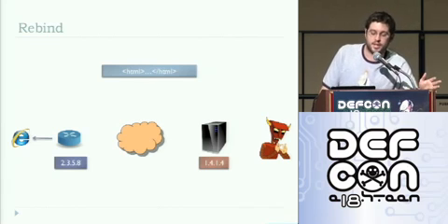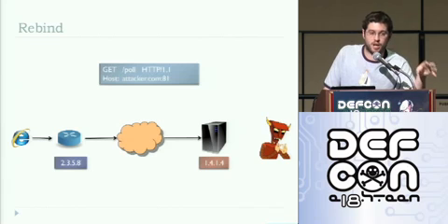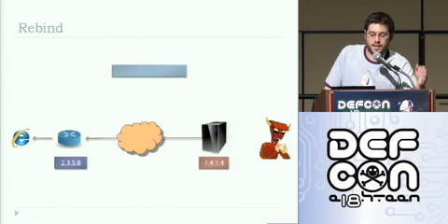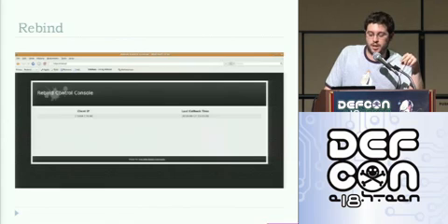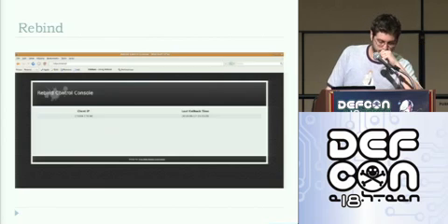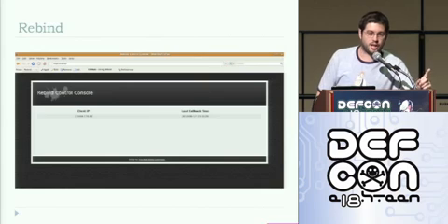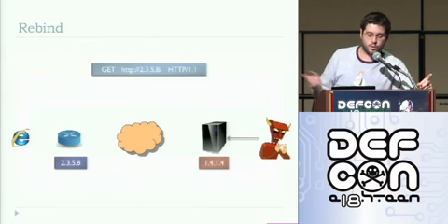Now, once this happens, the JavaScript code starts sending queries back to port 81 on Rebind, because it's still blocked on port 80, so it sends it to port 81. And basically, these are just poll requests saying, hey, what do you want me to do? And at this point, Rebind doesn't have anything for it to do, so it's not going to send back anything. But once these poll requests start coming back, the attacker sees the IP address pop up in the web interface. So all he has to do is click on that IP, and his request is going to go through the